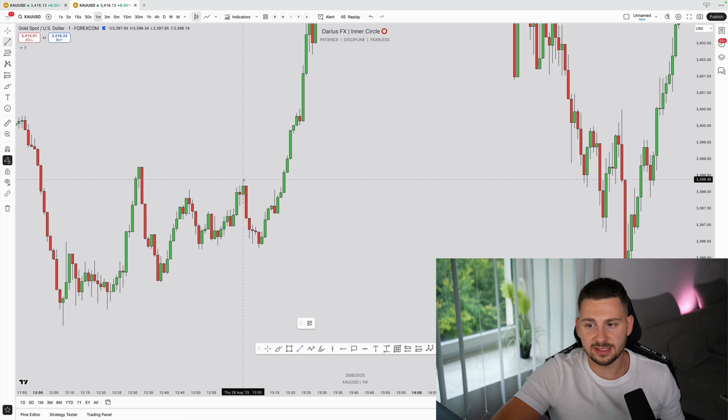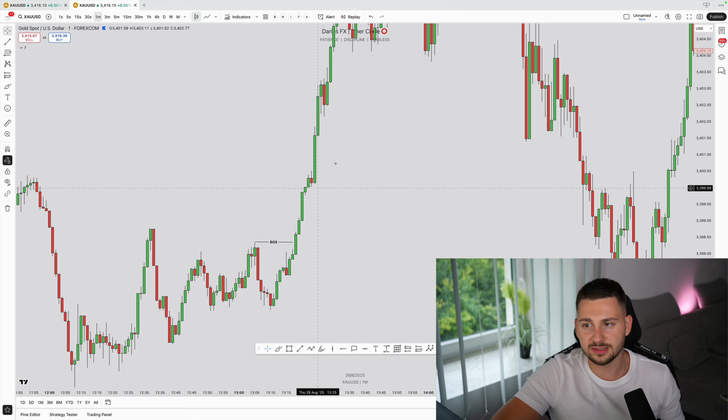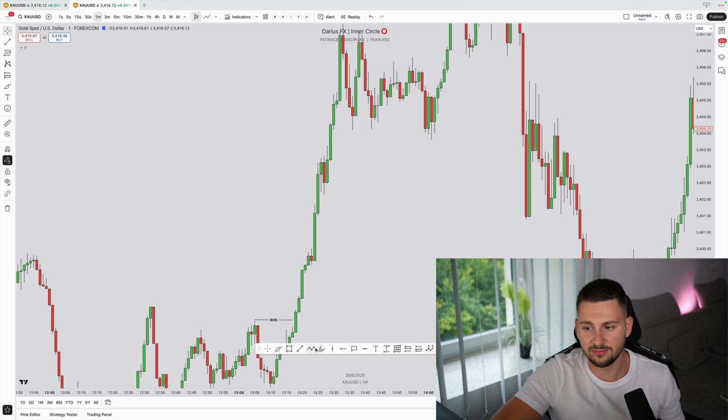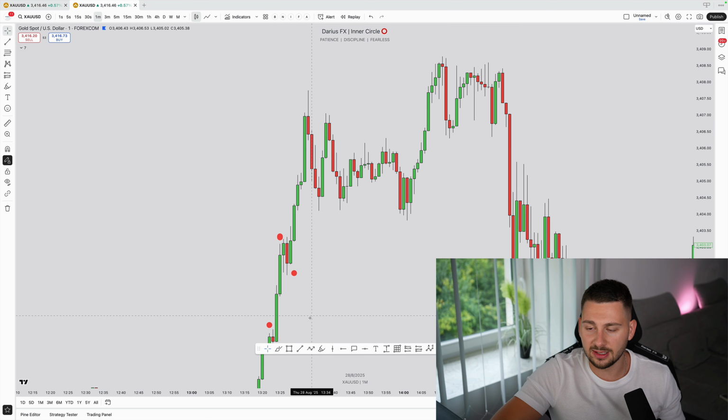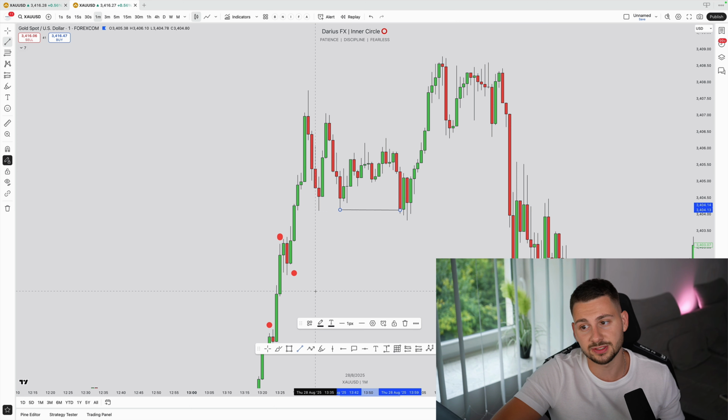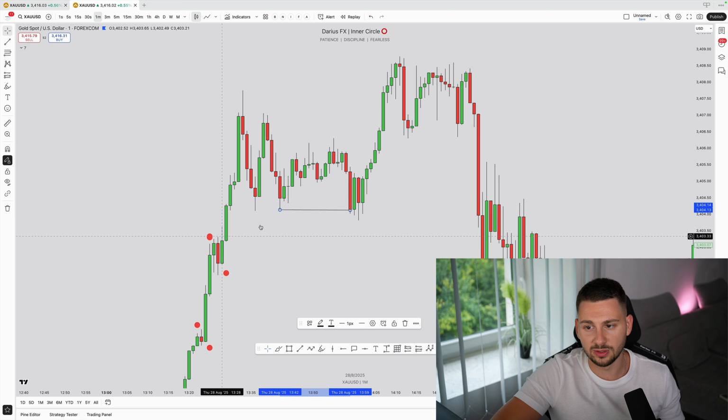While this now is a better BOS, right? You see here, break of structure, and price continues to move up higher, and it's printing right now higher highs, higher lows, higher highs, higher lows, right? Very beautiful. Boom, boom, boom, boom. All right. Now what happens here? Price again prints higher highs, higher lows, and then you see price attempting to go lower, but no, this is not a breaking structure, right? While some traders will view the wicks as a potential breaking structure, it's not. This is actually not a breaking structure.